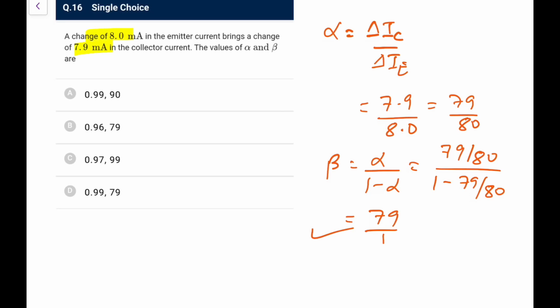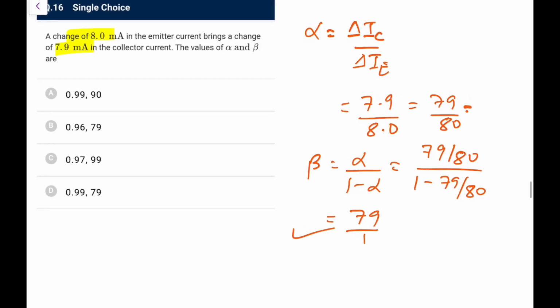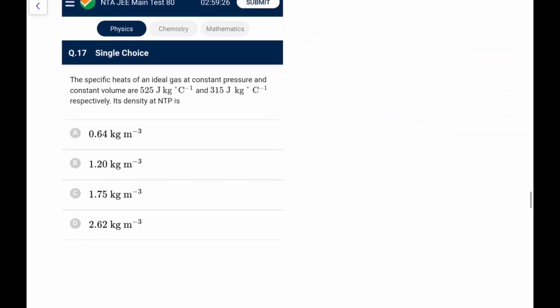And this alpha, I am clearly getting, let me try now. This is 0.972. Now, the remaining is 70, which would be close to 8 and something, so it would be 0.99. I'll go for 0.99 and 79.